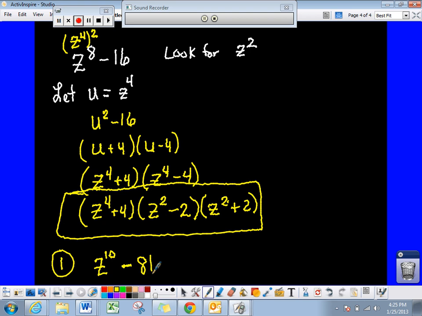minus 81. And number 2, you can do 49z to the 12th minus